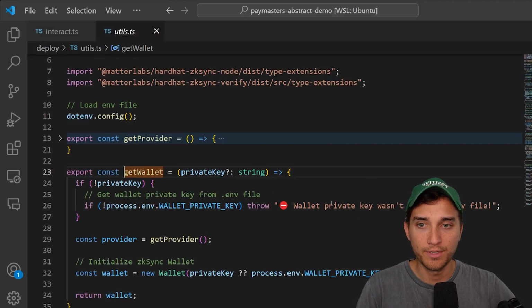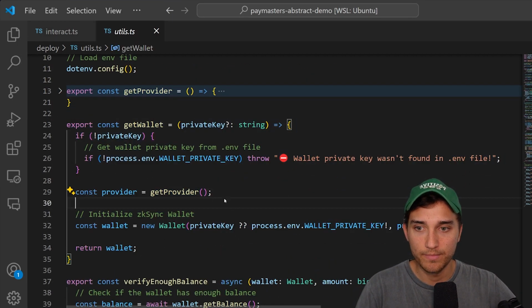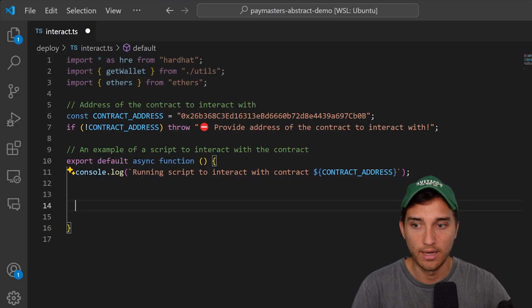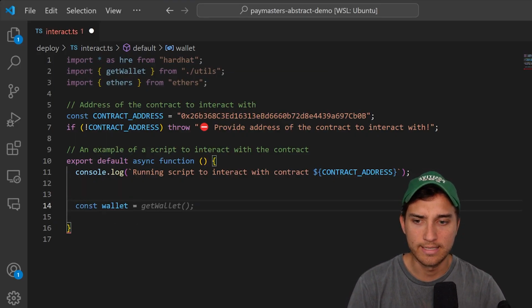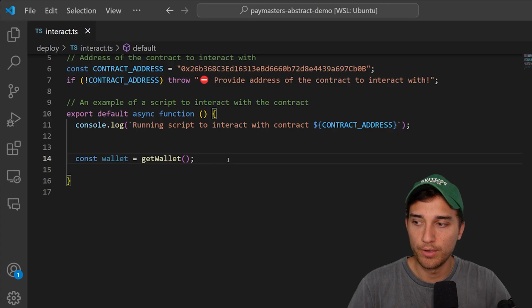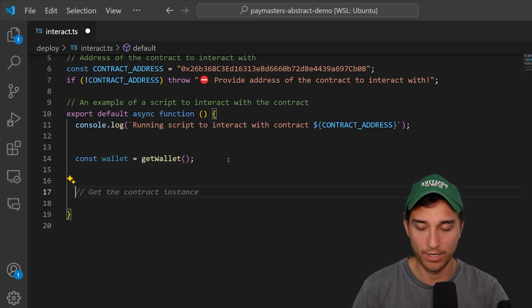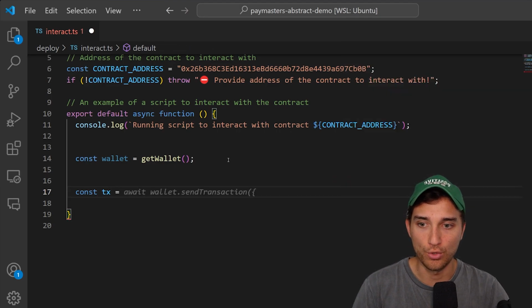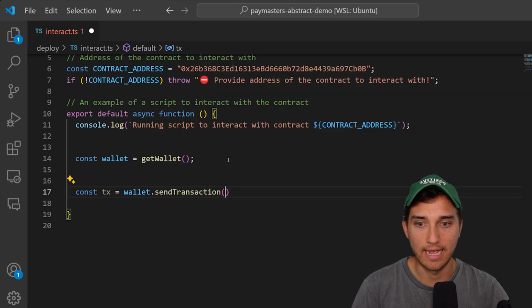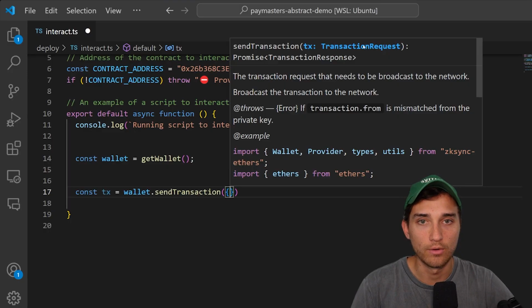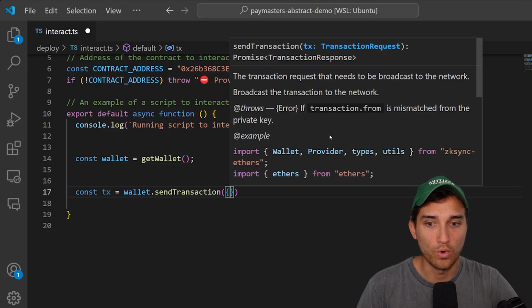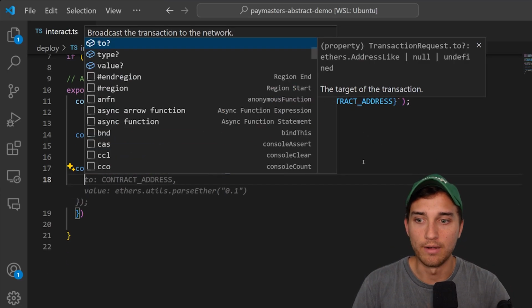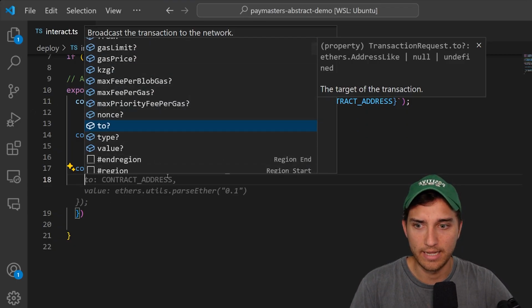From our utils file, we have this getWallet function. So let's first get our wallet: wallet is equal to getWallet. Then from that wallet, we're going to create a transaction. So we say const transaction, or just t, is equal to wallet.sendTransaction. You can see this accepts a transaction request, and we can take a look at the required fields here. We're going to just send to